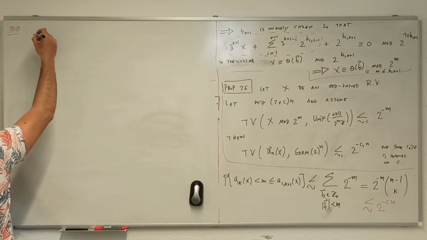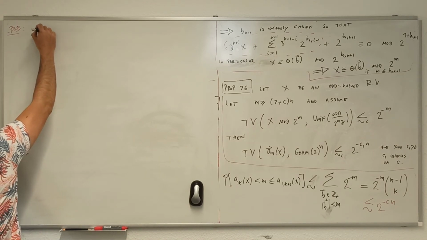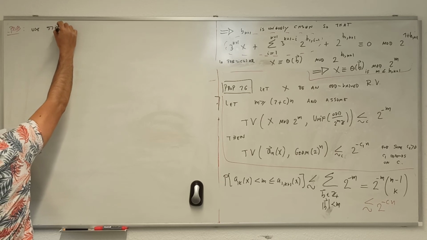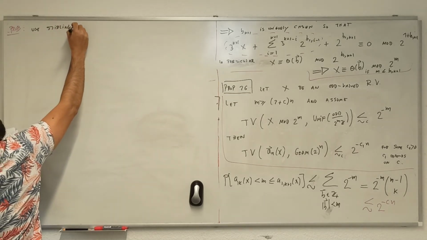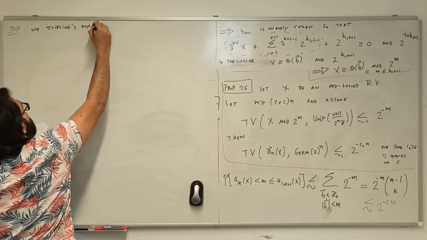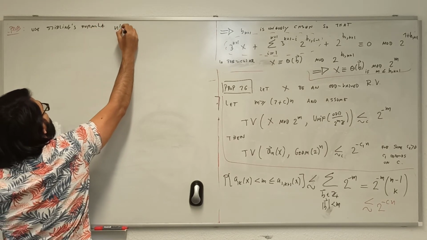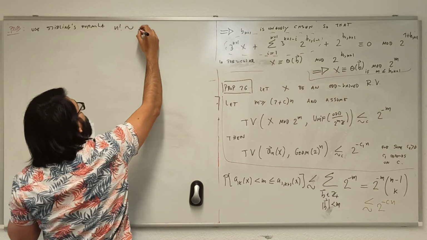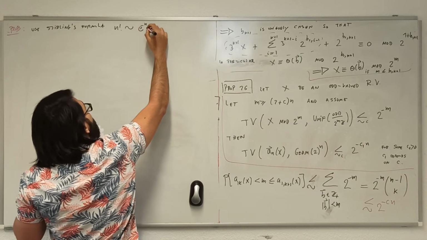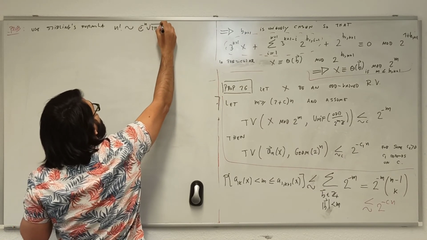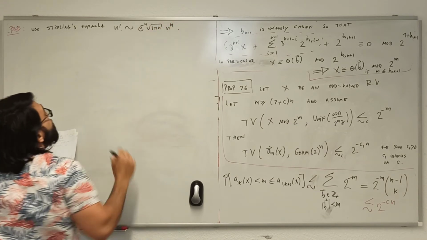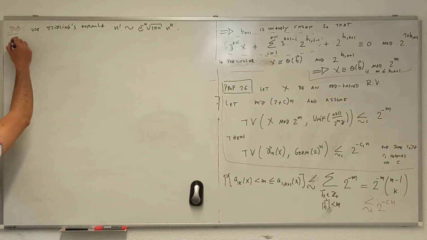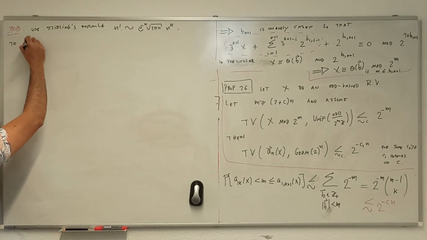And the problem here is to use Stirling's formula, which says that n factorial is asymptotic to e to the minus n, square root of 2 pi n, to the power n, to show